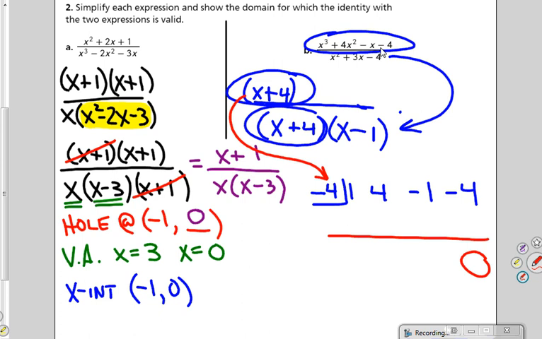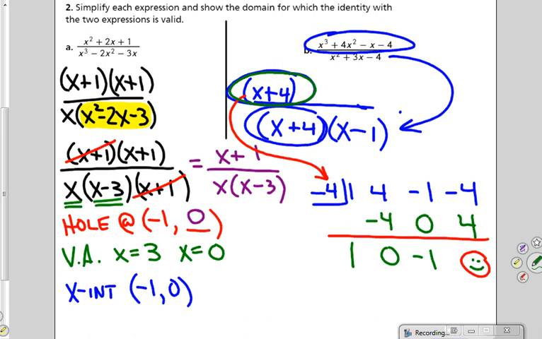Let's run through the synthetic division again. Bring the 1 down. Multiply negative 4 times 1. Add. You get 0. Multiply. You still get 0. Add. You get negative 1. Multiply negative 4 times negative 1, and you get 4. And then when you add those, you get 0. So that's your remainder. So it turns out x cubed plus 4x squared minus x minus 4 does factor into